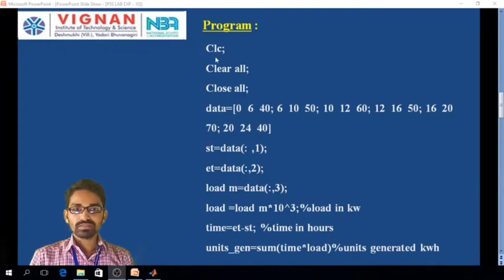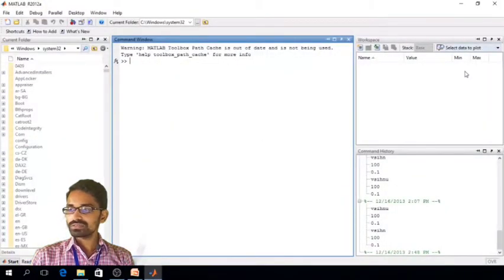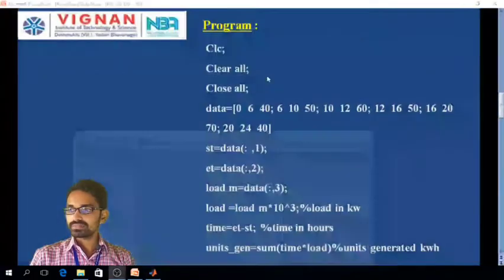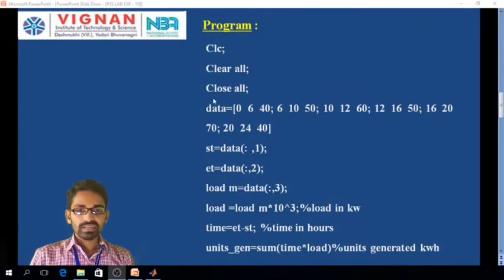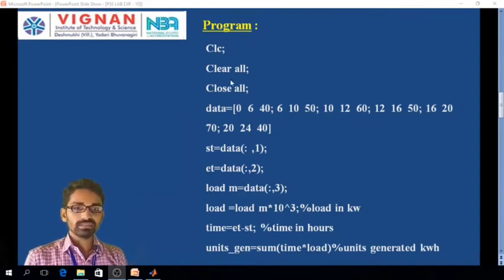Whatever data is in the workspace is going to be cleared. Then you have one more command, close all. If there are any already opened programs or graphs, those are going to be closed by using this close all command.